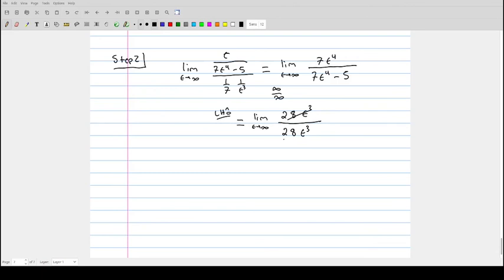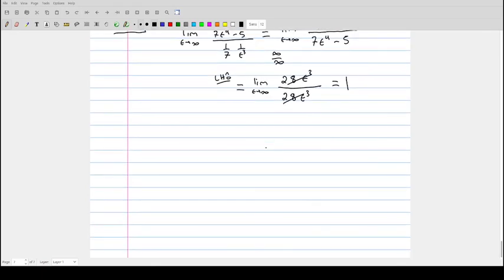So these two things cancel one another, and we get that this limit is equal to 1. And because 1 is a real number that's less than infinity but greater than 0, we conclude